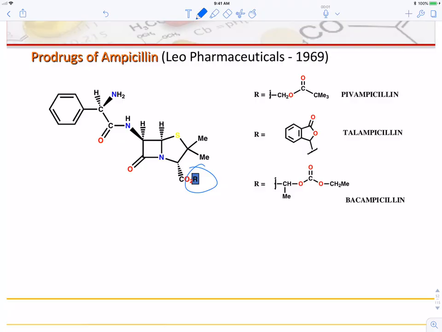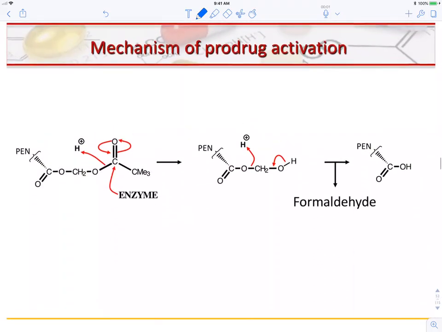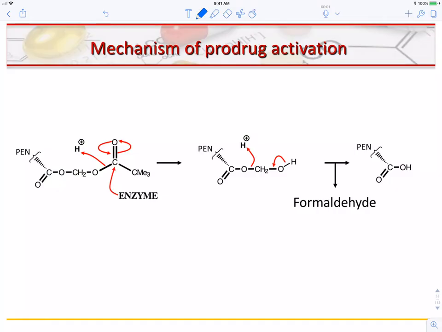So the way it works, you will notice, is that they actually have two ester group functionality, one attached to the group and the other one further downstream, and that in turn makes it easier for esterases to function and to cleave off this drug. So let's look at it in more detail. If we made the ester directly attached to the penicillin, then that would be difficult to cleave, but by moving it out a little bit, we facilitate the role of the enzyme,